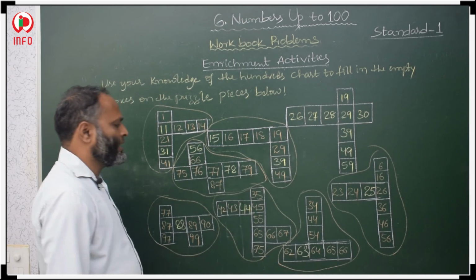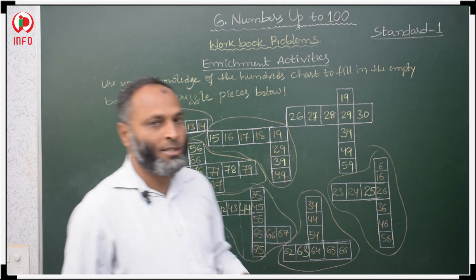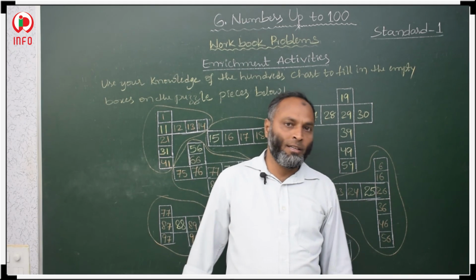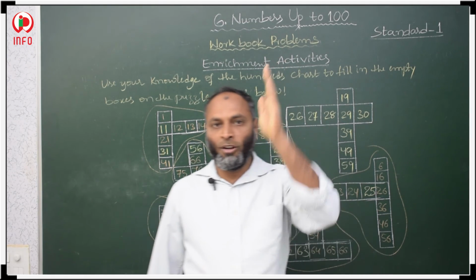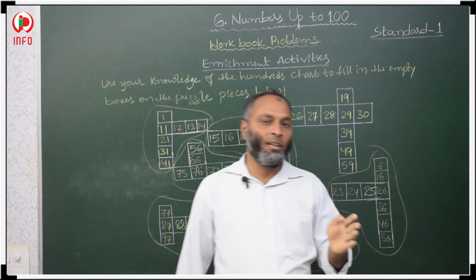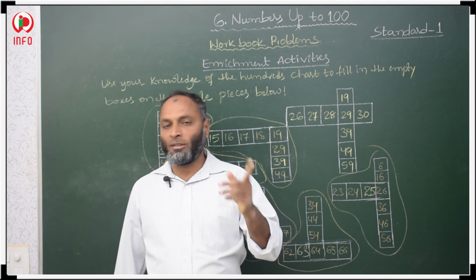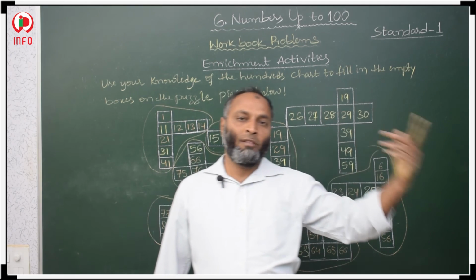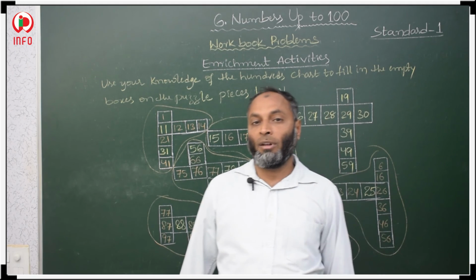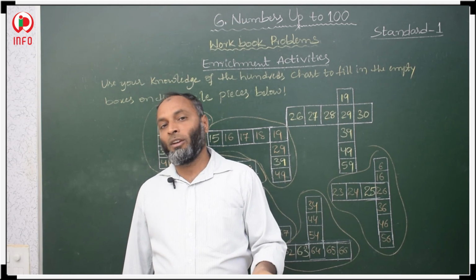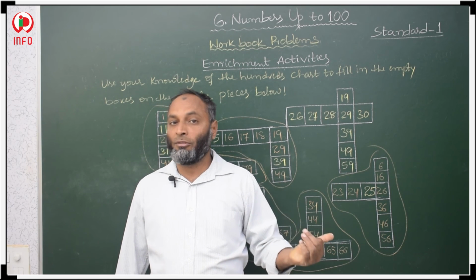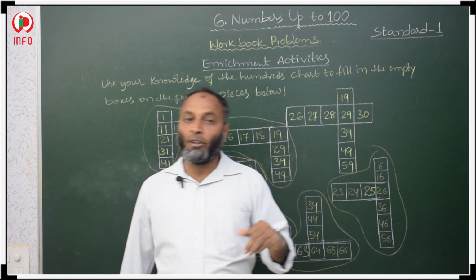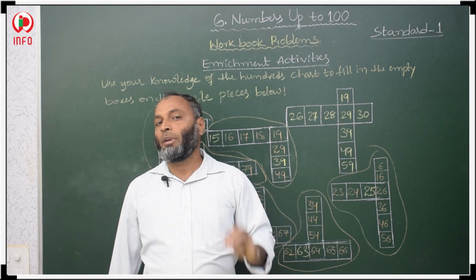In this way you have to fill the missing numbers. Only two things: whenever you complete a horizontal, you take serial numbers. When you fill a vertical, you skip 10, 10 numbers. Also remember before numbers and after numbers: when you need the before number, take the before number; when you need the after number, write the after number. If you want before numbers while skipping 10, skip 10 numbers back and think about what number will come, and write it. Use your knowledge and complete this one.